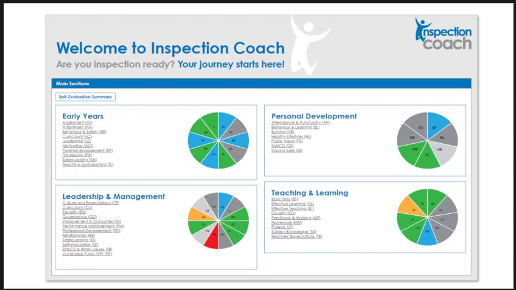the 45 subsections of that, and for each of those 45 subsections I can see how I've evaluated the school in each area. So green is outstanding, blue is good, orange requires improvement, and red inadequate. And the light grey and dark grey areas just show areas that we've begun and not finished, or we haven't